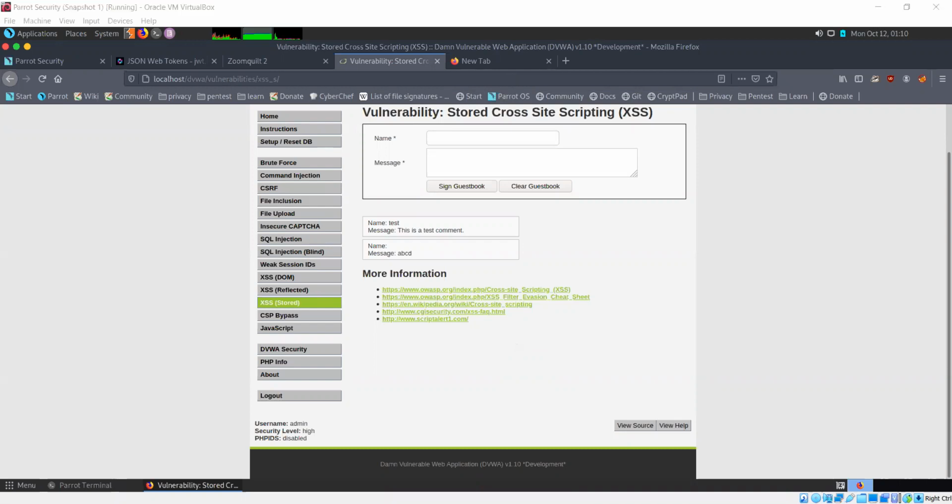So we've seen two kinds of cross-site scripting, reflected and stored. Reflected is also known as non-persistent cross-site scripting and stored is known as persistent cross-site scripting. So is it clear why that is? Are you understanding why stored is called persistent and why reflected is called non-persistent?